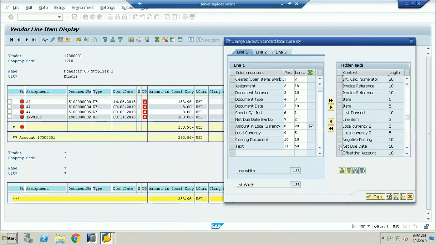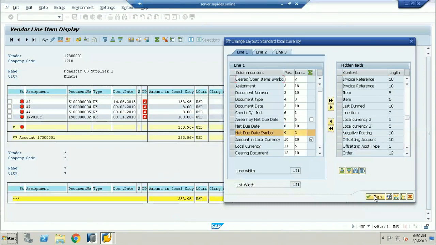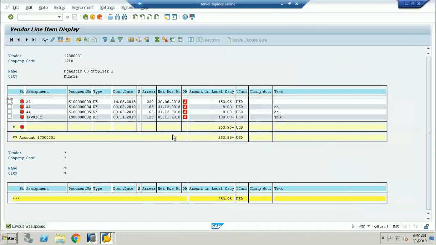So these 2 columns I want, and I'm just putting them here. Okay, see, for the first invoice, the net due date is 3/6/2018 only. You have to make the payment on or before 3/6/2018.